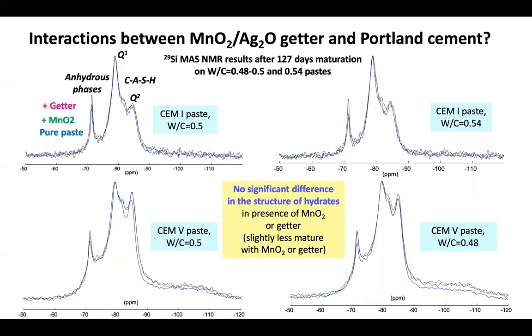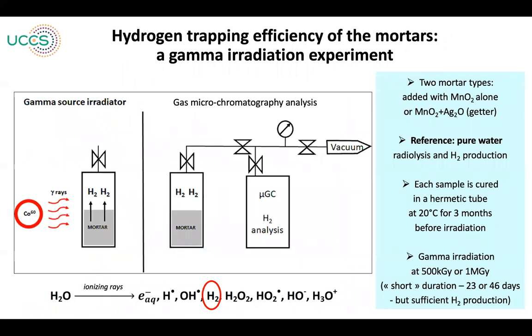pure paste. So the trapping efficiency is measured with a gamma irradiation experiment on a Gammatech facility located in the south of France. It has a cobalt-60 gamma ray source, which can irradiate the mortar cured for 3 months in hermetic tubes before irradiation. The irradiation is either about 500 or 1000 kilograys, which corresponds to 23 to 46 days of irradiation, which is